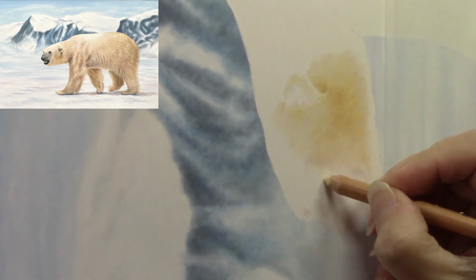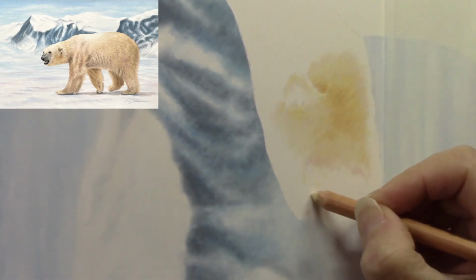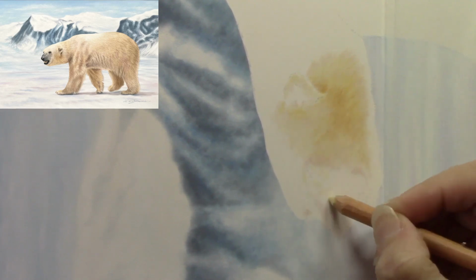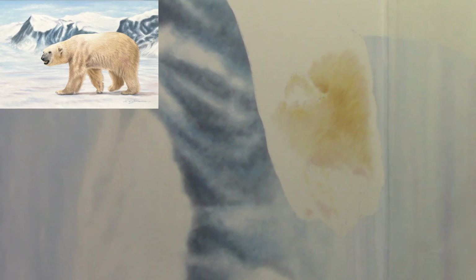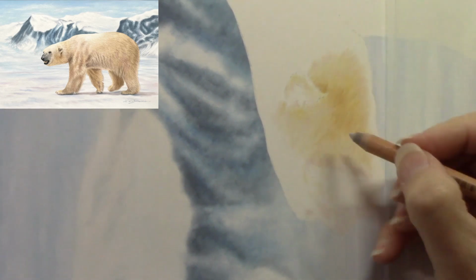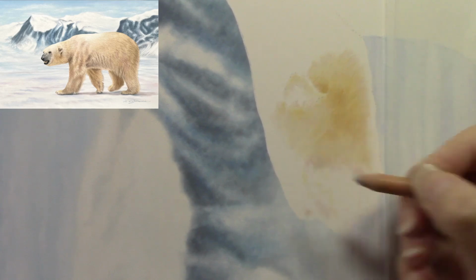It does exactly what I want it to do. I can build up numerous layers. In actual fact, I've never run out of tooth with this paper. I used to, for years, use velour paper, because that could also and can also take multiple layers, but the